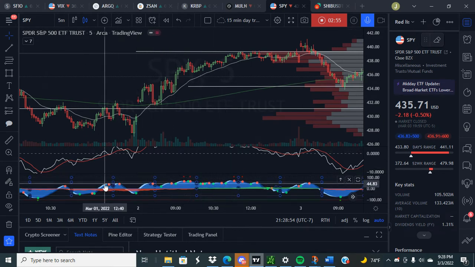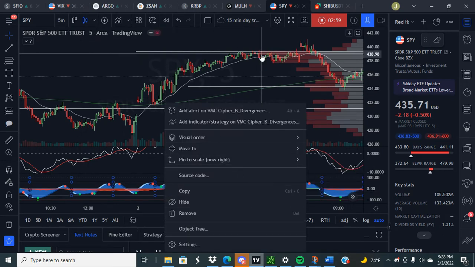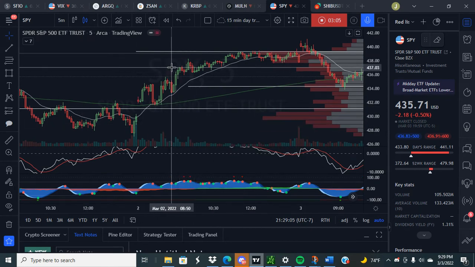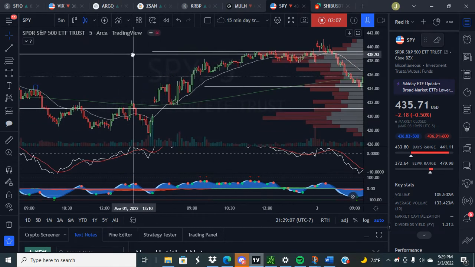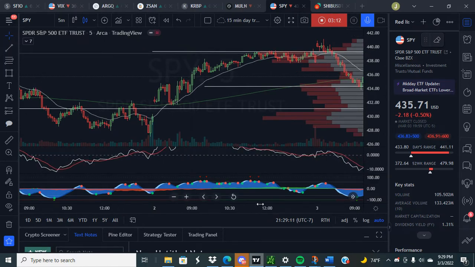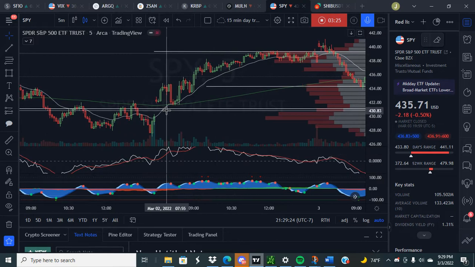Think about making another video on this indicator that I just started picking up down here, the VMC Cipher B divergence. I think it's only on TradingView. It's like a $1,500 indicator, but it is free on TradingView. So I've started learning a little bit more about it. It pretty much just studies market flow. Red means the order flow is bearish. Green, of course, is bullish. Anyways, we're going to incorporate that a little bit into this strategy along with the KST, but